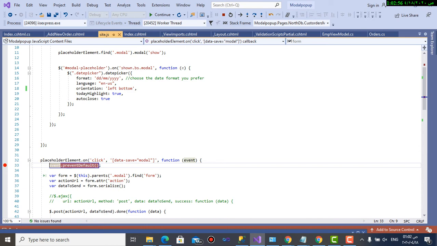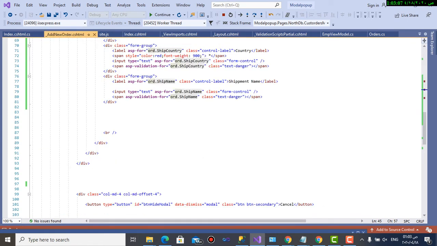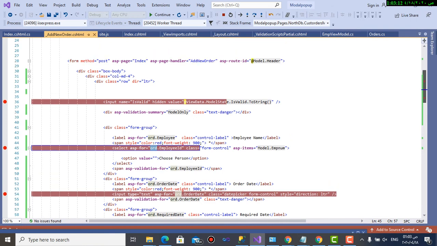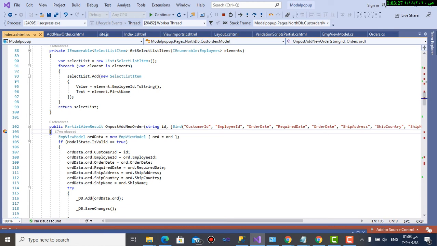and data to send, which is coming from the form, and the action URL that comes from the add new order form, found here in form method post, asp page, page handler, and route. This made me go to the post of add new order